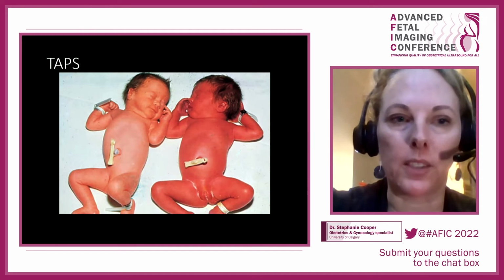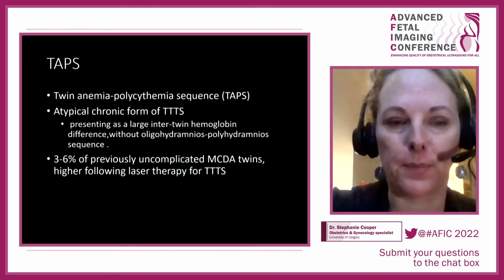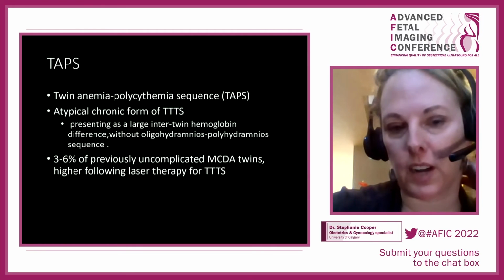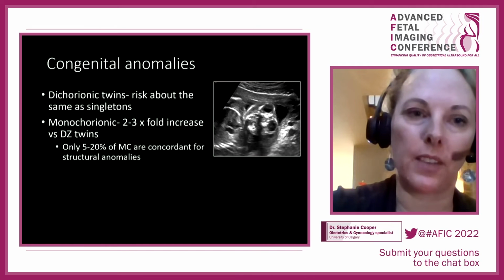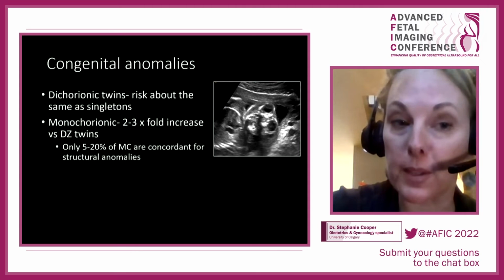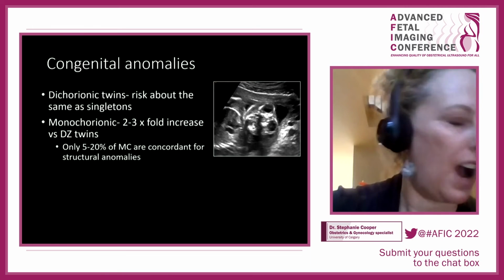TAPS is an interesting one. It's sort of like a type of twin-to-twin, but in this case, it happens later in pregnancy, and you get one baby that becomes anemic, and one baby that is polycythemic. So at birth, you might see a very pale baby and then a very pink baby. It's a little bit less common, but you do see it more often after twin-to-twin transfusion syndrome. And we can monitor that by looking for signs of anemia in one baby: very discordant middle cerebral artery Doppler peak systolic velocities, which tell us about fetal anemia. Okay,